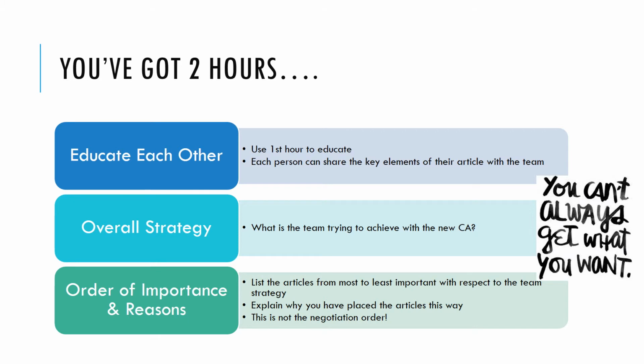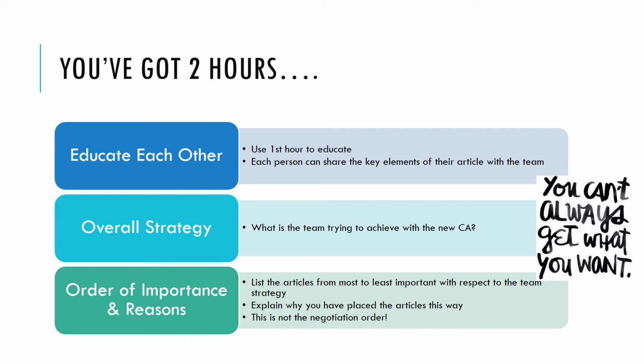If you tell me you want job security, increased pension, increased wages, more specified holidays, and on, you don't have a strategy. You just have a shotgun approach and you're trying to get everything, and you're going to get disappointed. So think really carefully. What do you need to achieve at this table in order to meet the needs of your constituents? Once you've figured out that overall strategy, now you can start looking at all of the articles that you're negotiating, and you can determine which ones are the most important with respect to